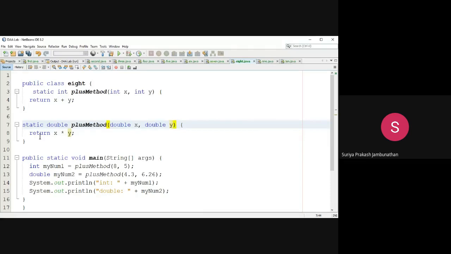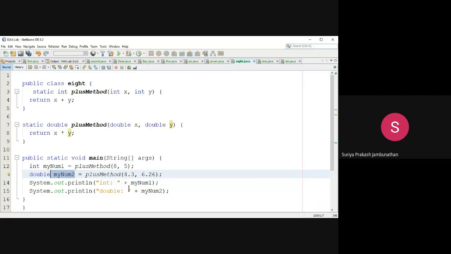It will return the value to the calling place, and it will be stored in my num2. Can you tell me the answer? 4.3 into 6.26 is 26.918. 26.918 is the answer that will be stored in my num2.